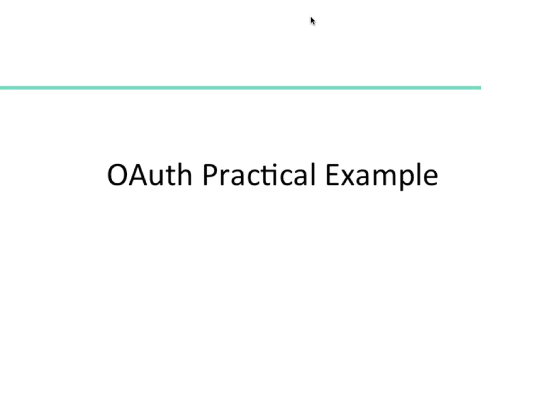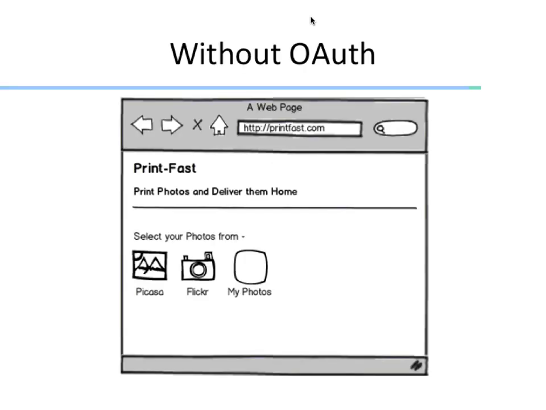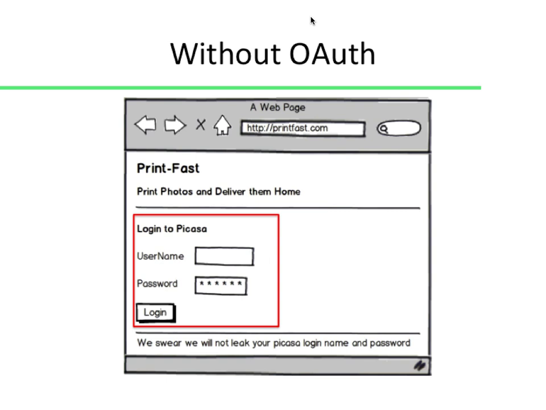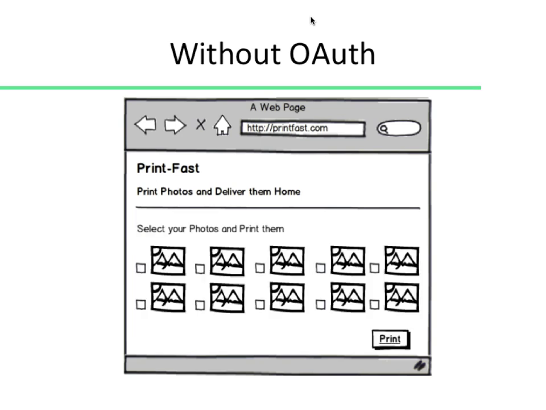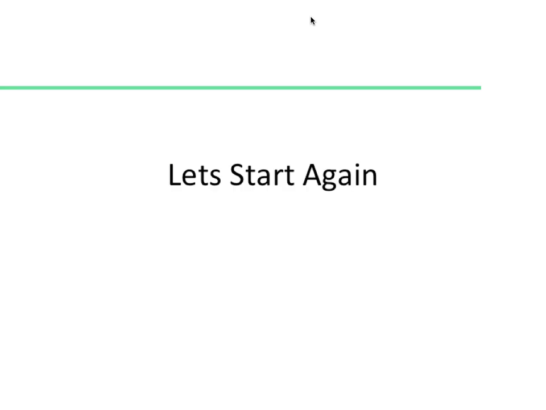Let's see a practical example, and then we'll see if people have any questions around it. So without OAuth, you go to a website called printfast.com. It says print photos and deliver them home. And it asks you, where are your photographs? You say, my photographs are in Picasa. And it asks you, give me a Picasa login and password. And look at the line below. We swear, we will not leak your Picasa username and password. And that's crazy. If he gets your username and password, he can do whatever he wants with you. It's your identity basically. Nothing can be stopped. And that's a bad example. Even if you get access to the pictures to print, that's not really good. So let's just start over again